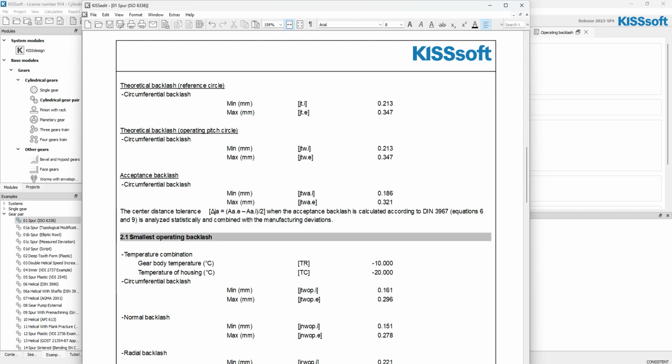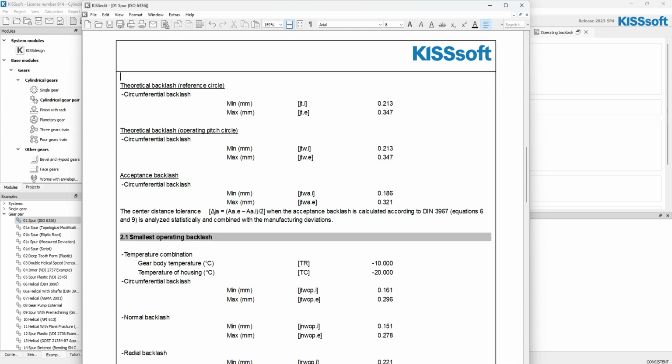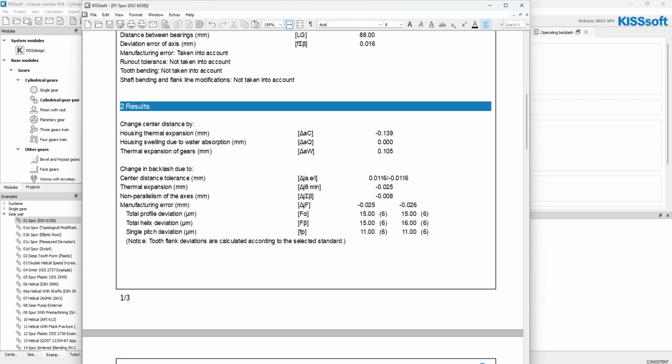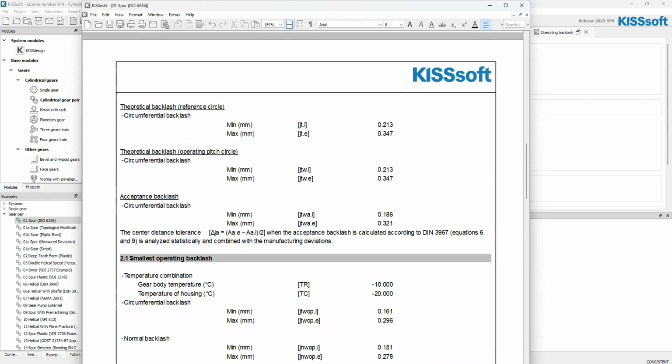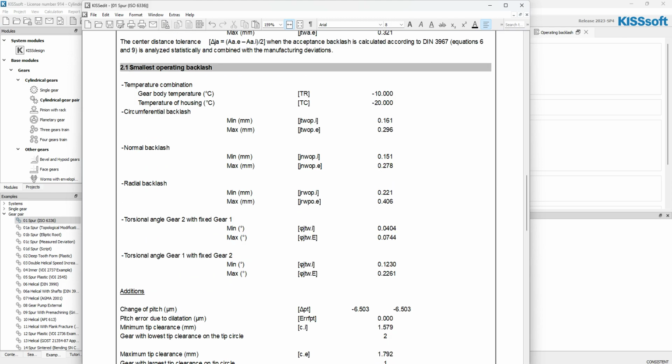Your min, your max, your theoretical backlash and operating pitch, your min and your max, and your acceptance backlash, your min and your max, okay? Now, you can use this information however you need to, really. This is kind of like the big takeaway. But if you look down further in the smallest operating backlash, you're going to get your normal backlash